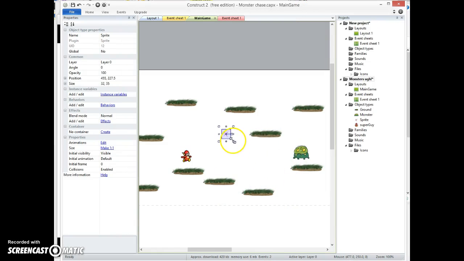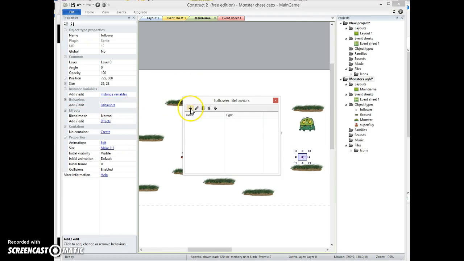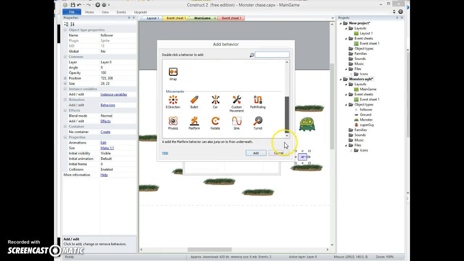And this is going to be the one that does the actual bullet behavior. So I'll put him over here, and I'll put this one here, and this guy is going to follow me around. So let's quickly add that in again. I better name it as follower, because why not? So follower behaviors, I'm going to add in that bullet behavior,